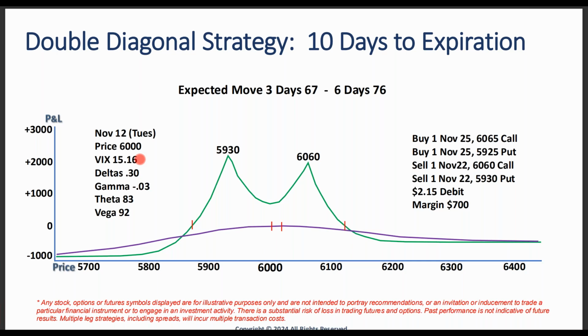But let me tell you the most important. What's the most important thing you want for a range bound trade? And don't tell anybody, but I just gave you the answer. What's the most important thing you're looking for in SPX for a range bound trade? Let me give you another hint. Range bound. Does that make sense? It's not low vol or high, but I want range bound. It's not low volatility necessarily.